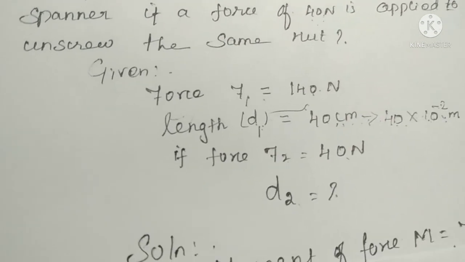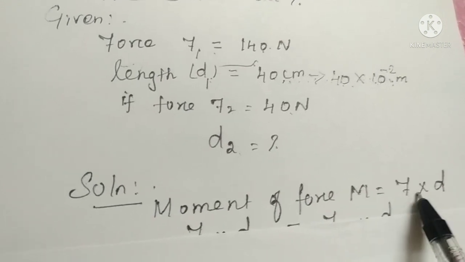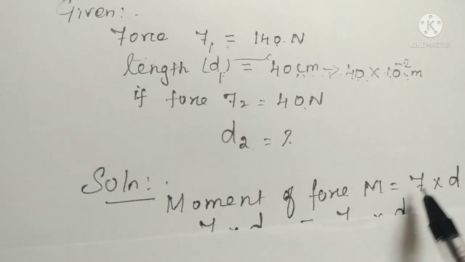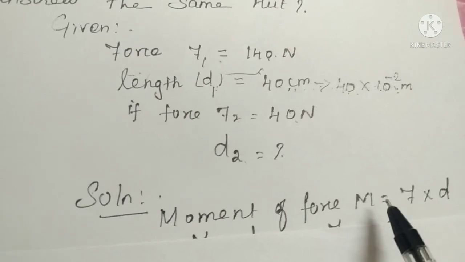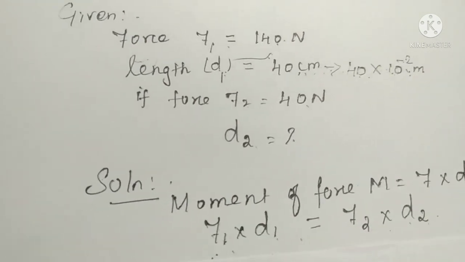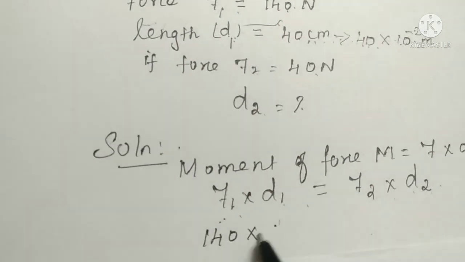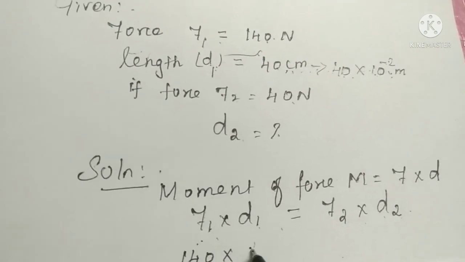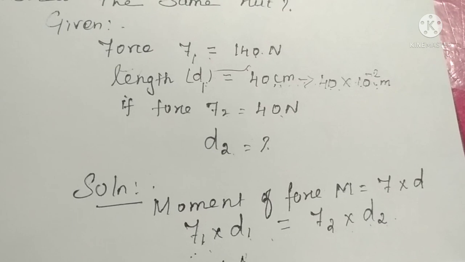Here also we have to write the moment of force formula. First you have to write moment of force is equal to force into distance. Here we are going to find it two times. Since two forces are there, we write F1 into D1 is equal to F2 into D2. First, force F1 is equal to 140, and the D1 value is equal to